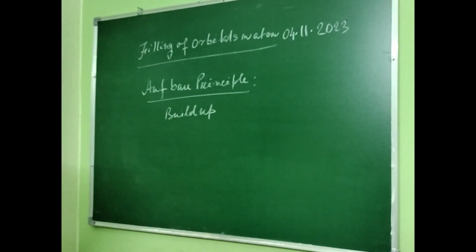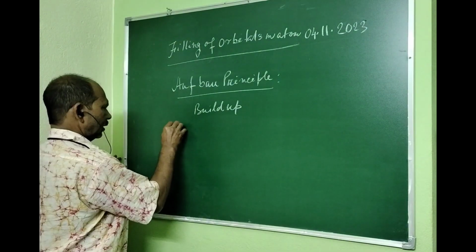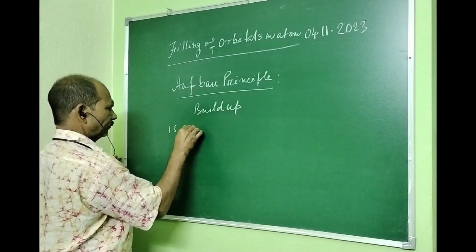The principle states that in the ground state of the atoms, the orbitals are filled in order of their increasing energies. In other words, electrons first occupy the lowest energy orbital available to them and enter into higher energy orbitals only after the lower energy orbitals are filled. The order in which the energies of the orbitals increase, and hence the order in which the orbitals are filled, is as follows: 1s, then 2s, 2p,